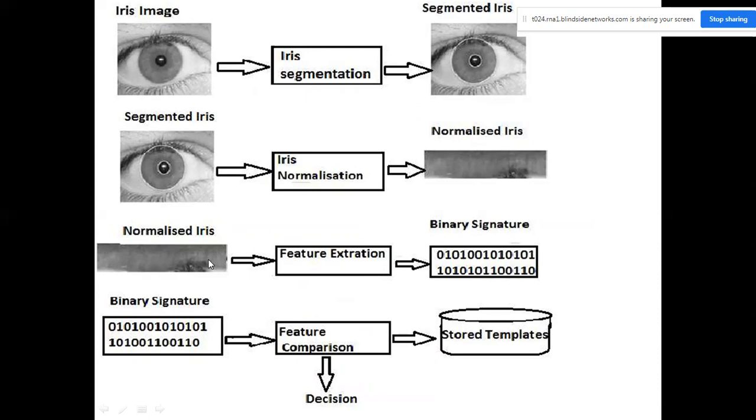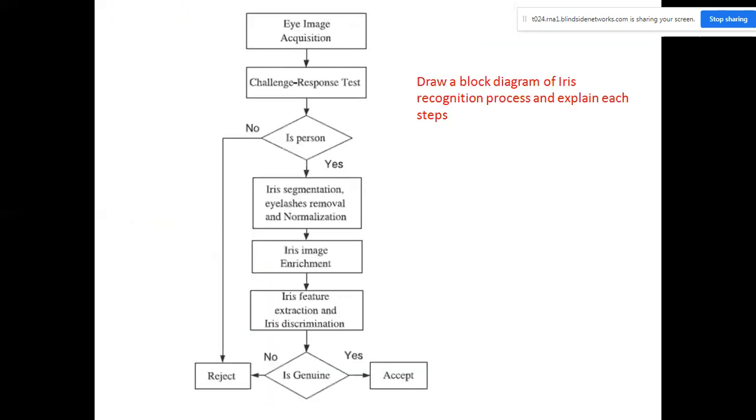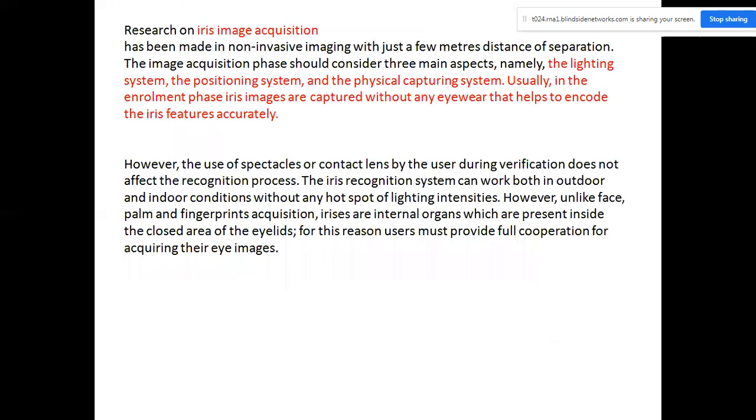All the values of the picture are converted to 0s and 1s. After the binary signature, feature comparison. This feature comparison is done against the stored template. And finally, you need to take a decision. These are all the stages. In the final exam, you need to draw 1, 2, and 3.